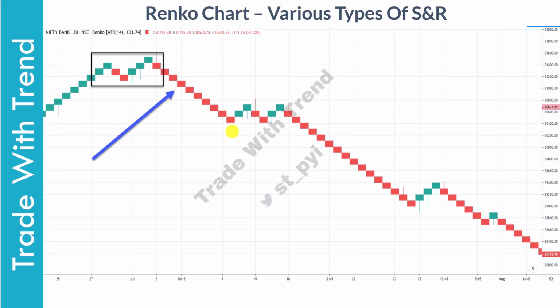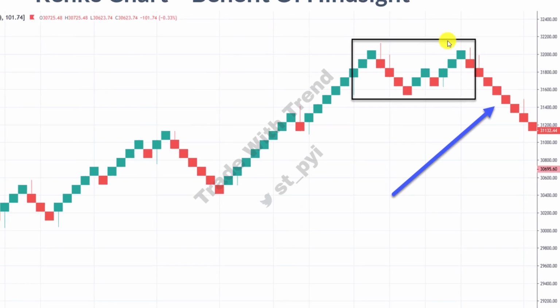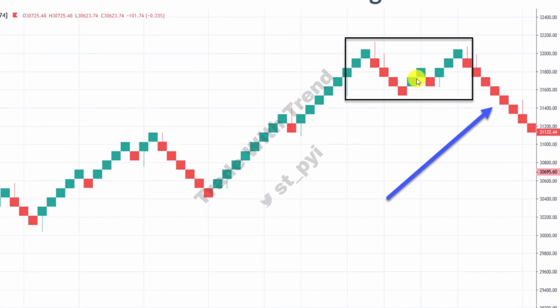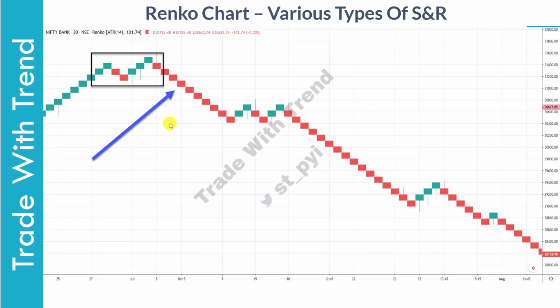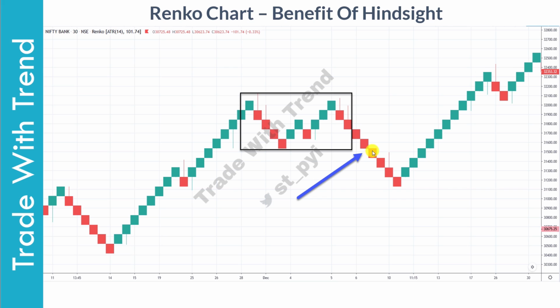So let me just pull up a couple of charts in which you will understand the point I'm trying to make. So this particular chart, you've had a nice uptrend in place, and then price encounters 2 tops here. That is, this can be classified as a double top resistance level. So if you look at this particular breakdown point, this is very similar to the breakdown point that we are seeing here. I hope at this particular point, all of you agree. After price has a breakdown here, you just get 3 to 4 Renko bricks on the downside,